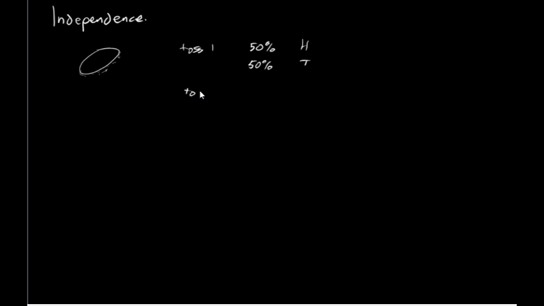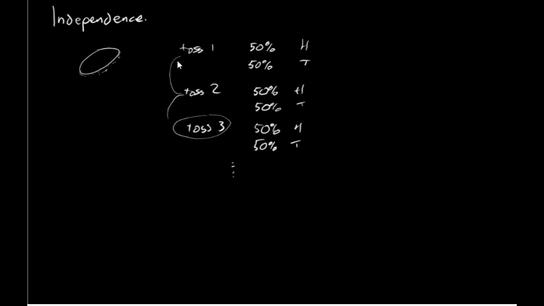If we toss it again, it's exactly the same as the results, or probabilities, for the first one. So I still have a 50% chance of getting heads and a 50% chance of getting tails. And if I toss the coin a third time, I still have a 50% chance of getting heads, 50% chance of getting tails. And this essentially repeats. Now, contrary to some belief, each toss is independent of each other toss.